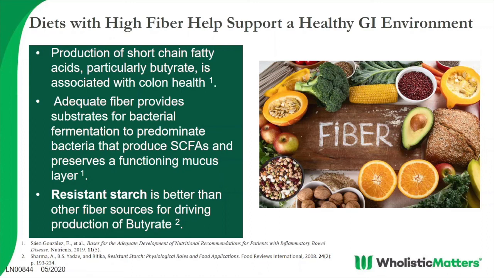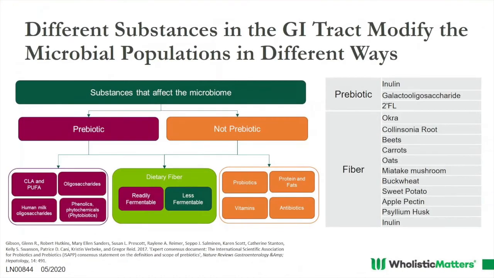What we see in diets where individuals have a lot of fiber, in particular a lot of resistant starch, and a lot of these would be more traditional diets that humans evolved with, is that they actually will see a lot of reduced GI inflammation as well, just overall GI benefits from this. So consuming huge amounts, and we're talking about almost 10x the level of fiber that we currently consume. We're pretty far off from consuming as much as we used to as humans.